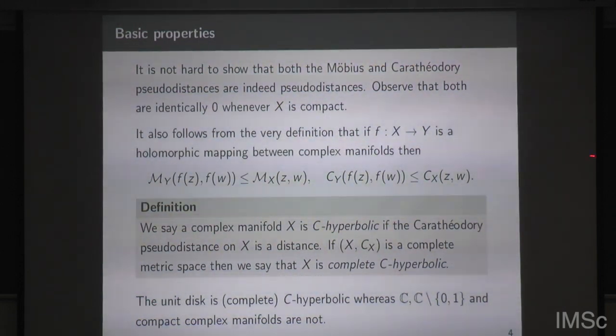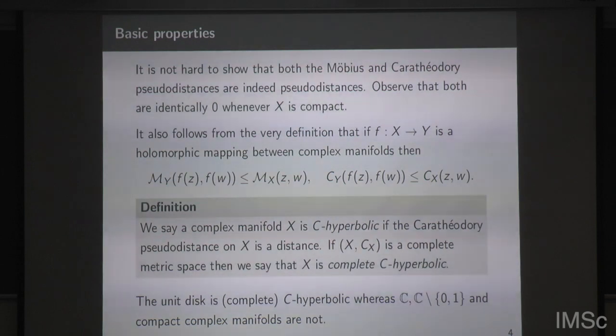In particular, if you consider a biholomorphism from X to Y, they will be isometries when you put the Möbius or the Carathéodory pseudo distances on both X and Y. As I mentioned, in most cases, especially for compact manifolds, it's identically 0. We want to specialize to those manifolds for which